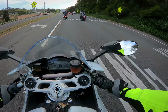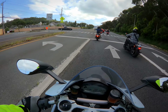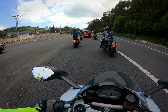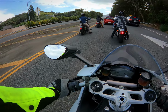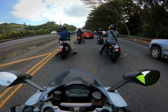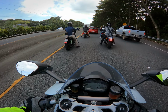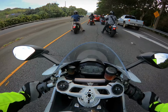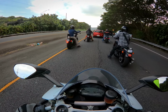Once you get going though, this bike is a very, very nimble weapon of speed on the street. It's very fast. It's very, I wouldn't say comfortable, but this bike does have a way about it that lets you know what you are riding, but also has a degree of ease whenever you ride. So right now, just cruising in first gear, kind of touch and go on the clutch,